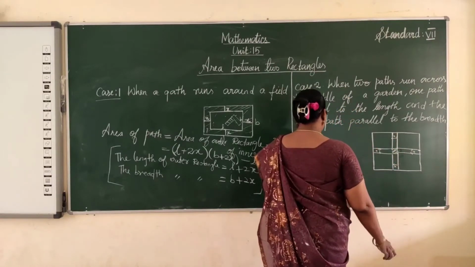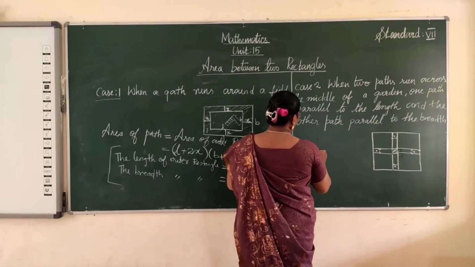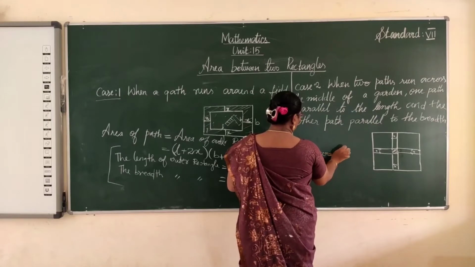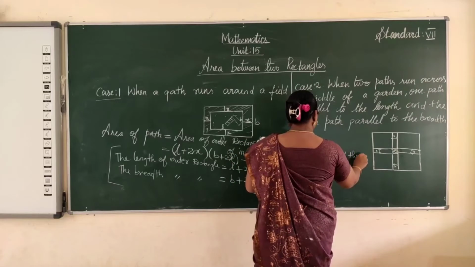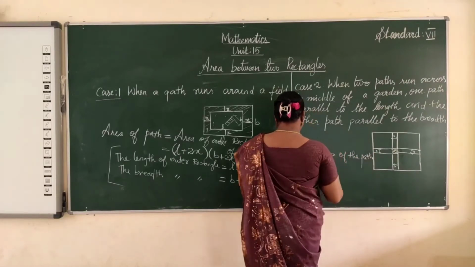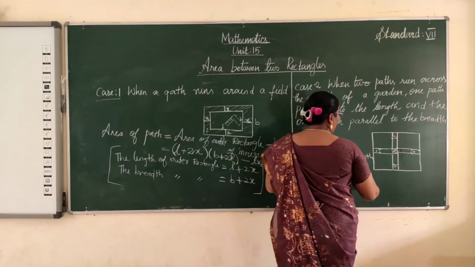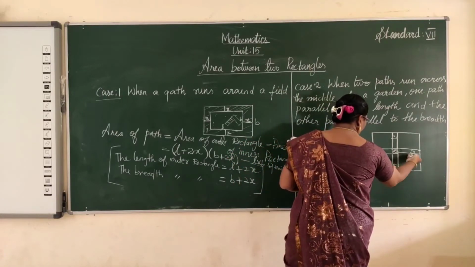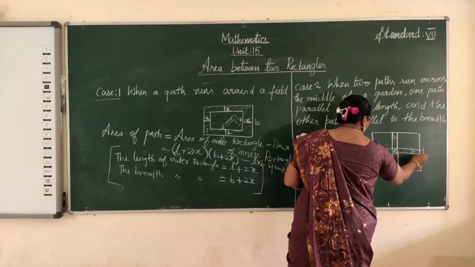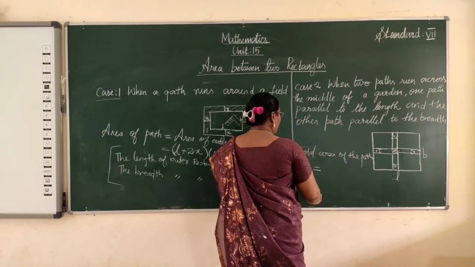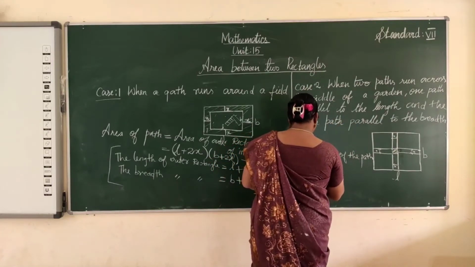So how to calculate the total area of the path? The total area of the path is equal to the area of the path along the length. This is the length, this is the breadth. Okay, this one is parallel. So along the length, the area of